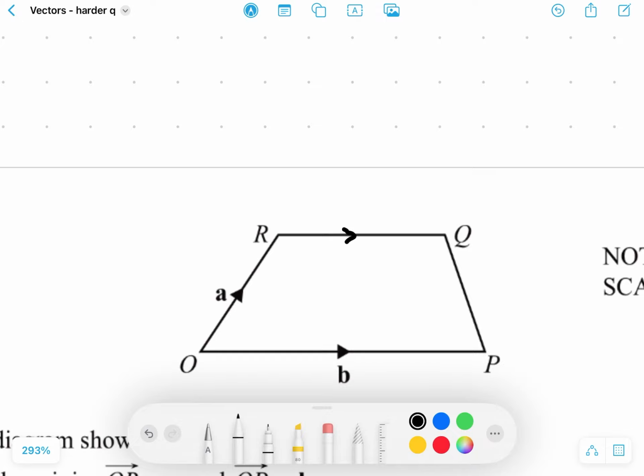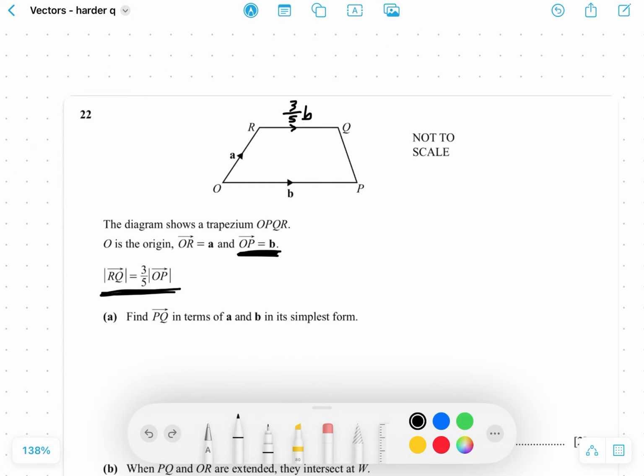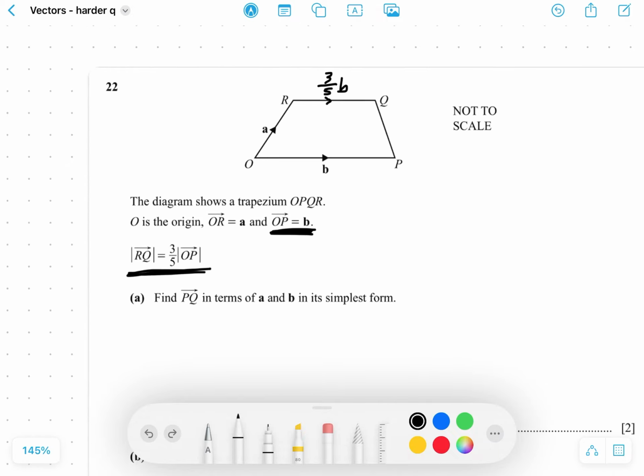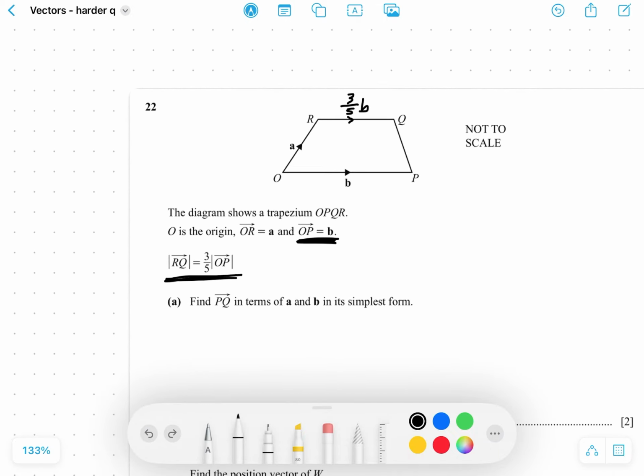So therefore, R to Q is 3/5 of that. So this is 3/5B. So now they're asking us to find P to Q in terms of A and B in its simplest form. So to get from P to Q,